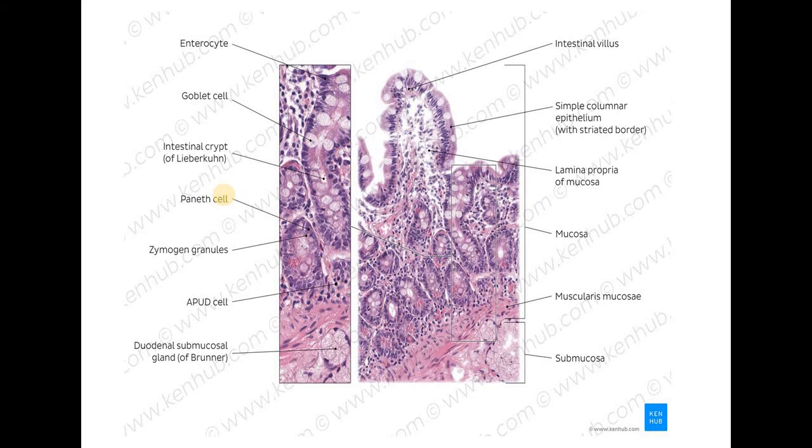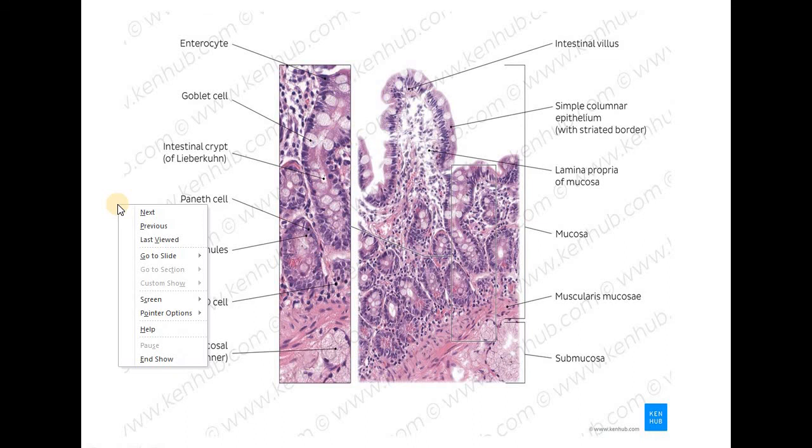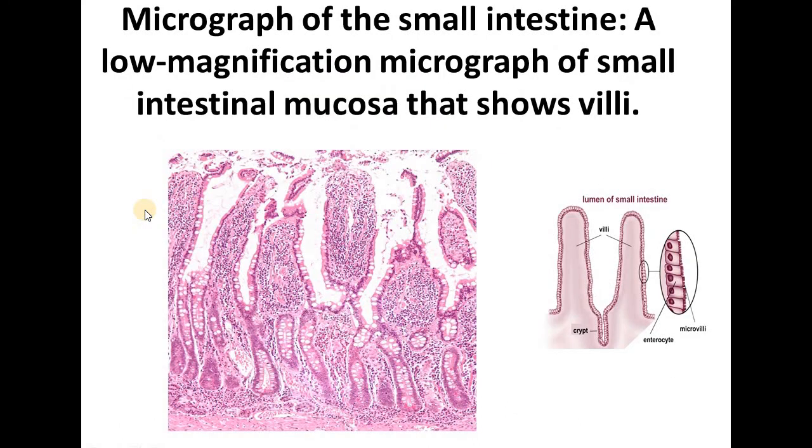Coming to the next layer, the muscularis externa is composed of smooth muscle arranged in two ways: the inner layer has muscles arranged in a circular manner, and the outer layer has muscles arranged in a longitudinal manner. The last layer is the serosa or adventitia. This serosa is the fourth layer, composed of a thin layer of loose areolar tissue covered by a layer of epithelium called the mesothelium. So these are the things you have to write for the histology of the intestine of a mammal.